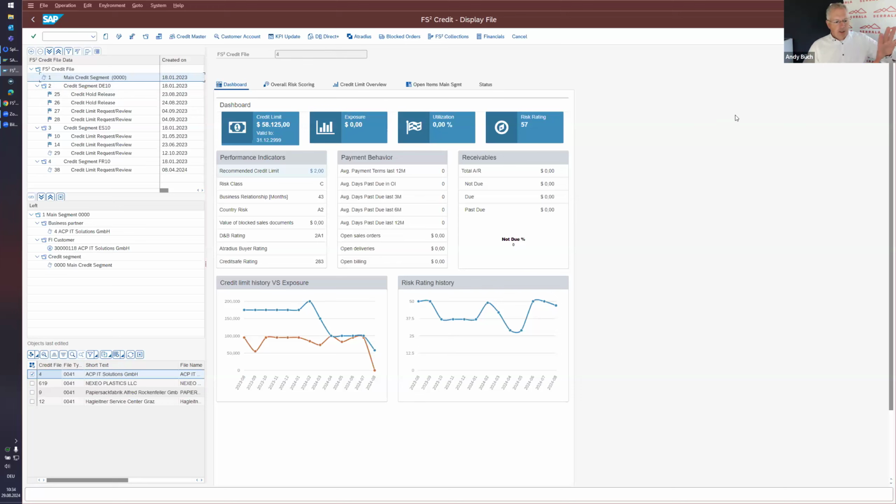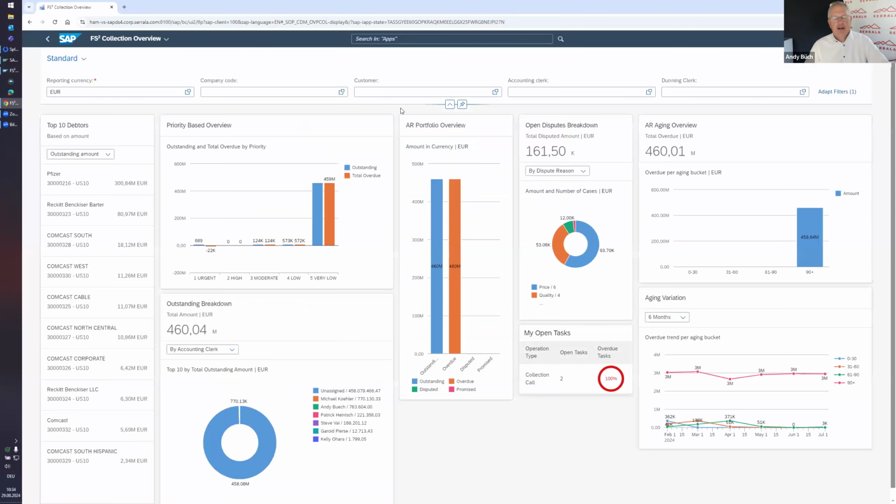Let's have a second look at the collection side of life. And here, since some of you are on S4HANA already, let's move to an S4HANA environment, or let's move to the Fiori tiles. If you're not on S4HANA yet, some of those can be used in an ECC environment as well.